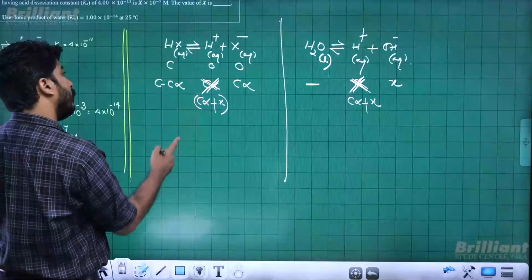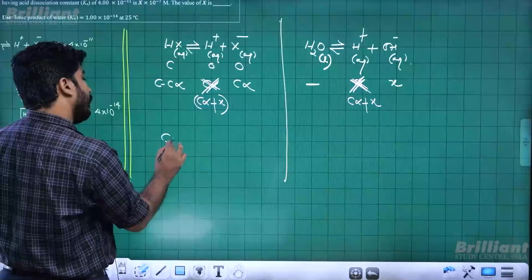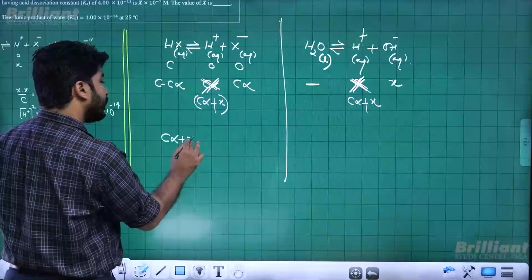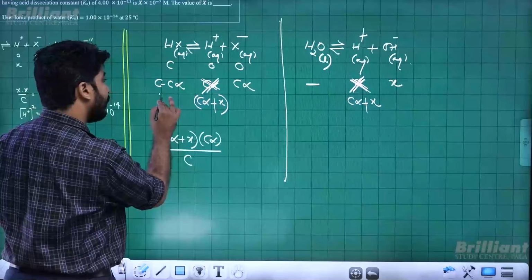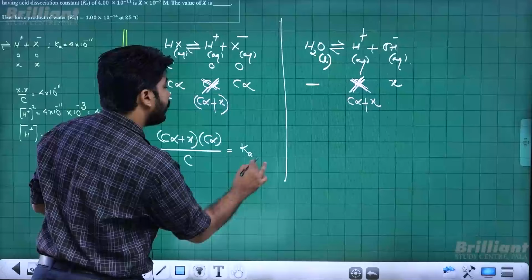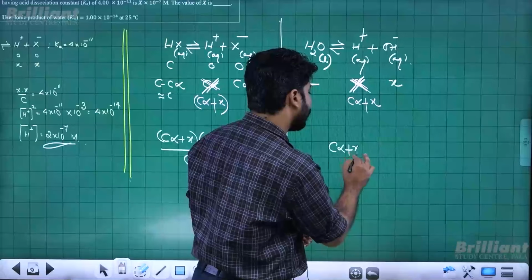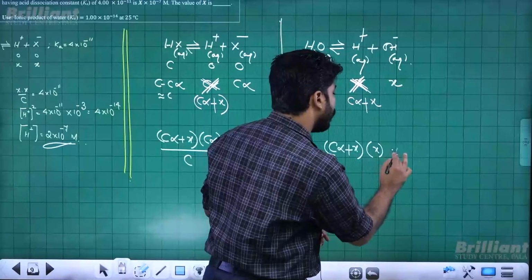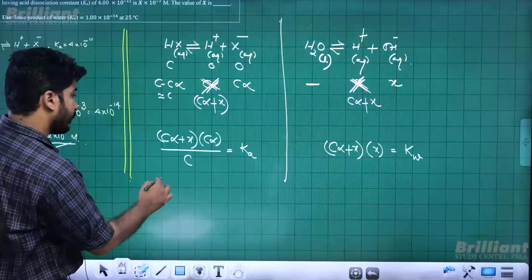Now let's apply the law of chemical equilibrium in both cases. It has to be true that (C alpha plus X) into C alpha divided by (C minus C alpha), which is close to C, is equal to Ka of HX, and there (C alpha plus X) times X is equal to Kw of water at this temperature. These are the two equations, and if we